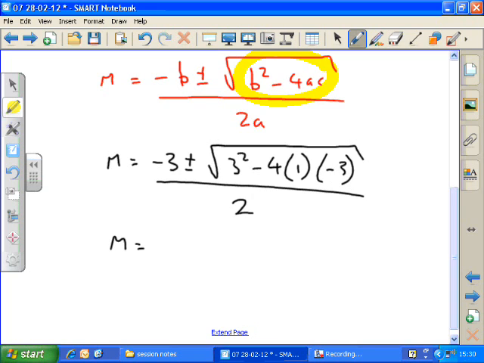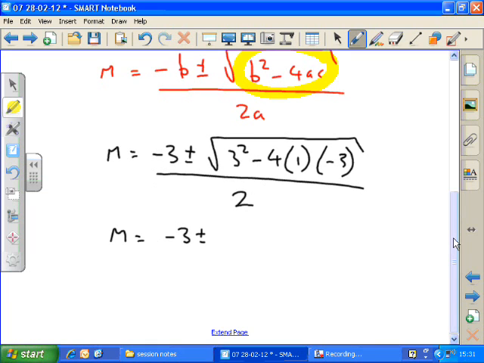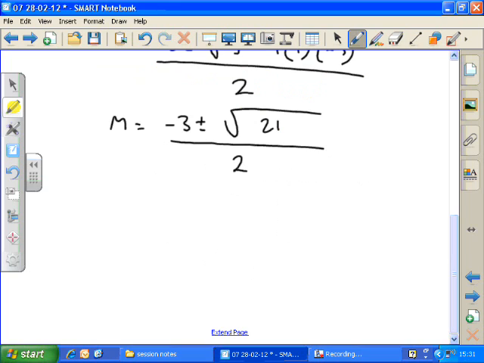So m equals minus 3 plus or minus the square root of 9 plus 4 twos are 8, 8 plus 9 is 17, all over 2. So carrying on, m equals minus 3